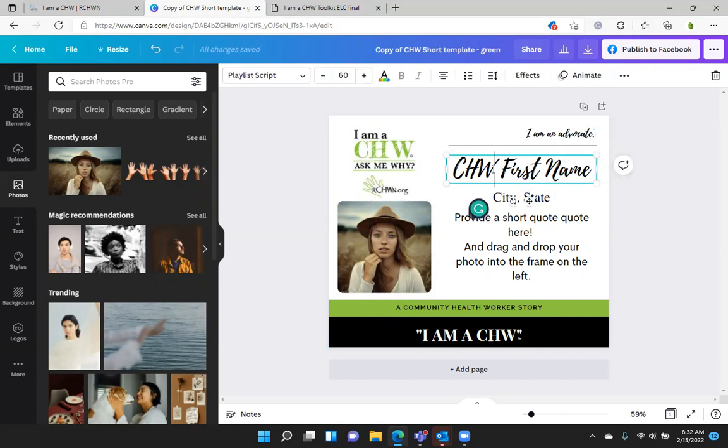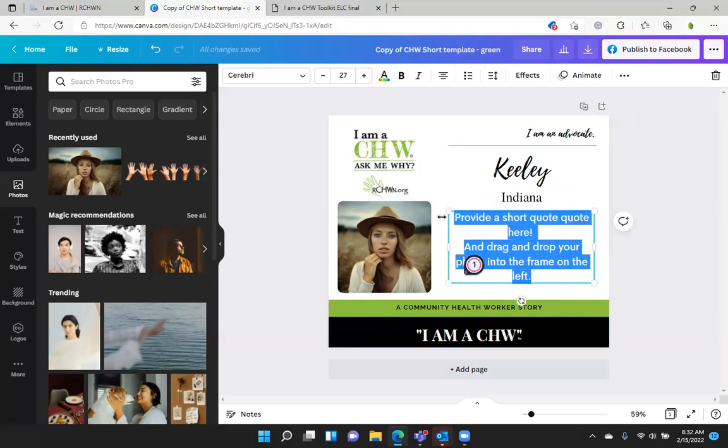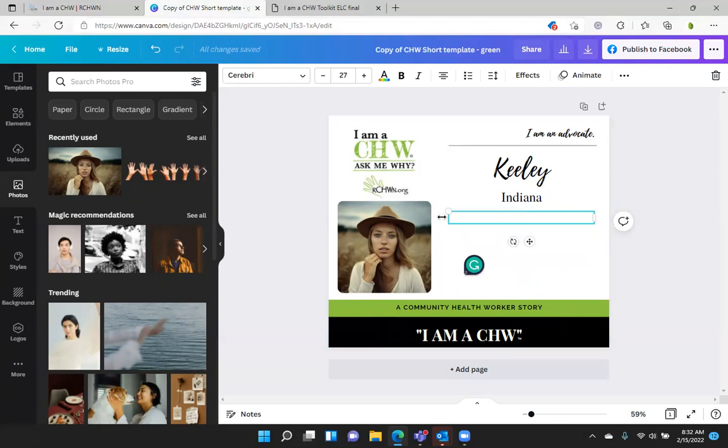Now here, you'll double click into this box as well, and you'll put your first name. Below it, we have the city and state prompt. If you're not comfortable putting your city, you can just put your state. So I'll say Indiana. And then here we want you to provide a really short quote that just tells people really briefly, really quickly what your role as a CHW is or why you chose to become a CHW, one of your passions. So I'm going to say I am a CHW because